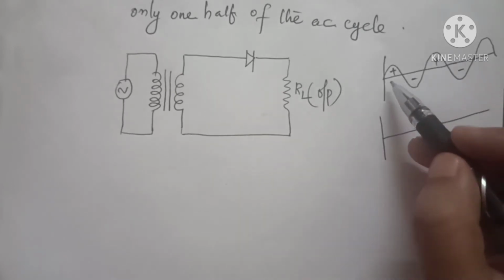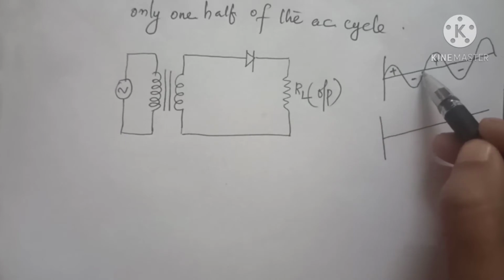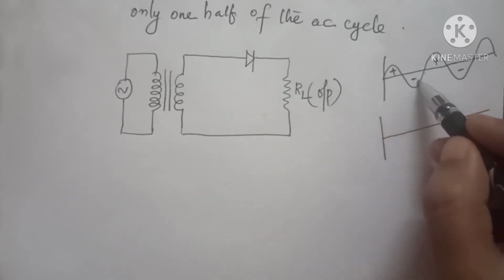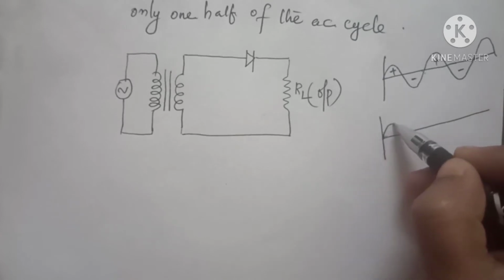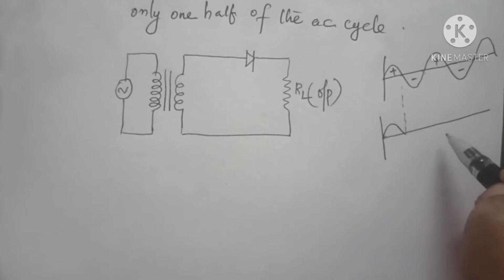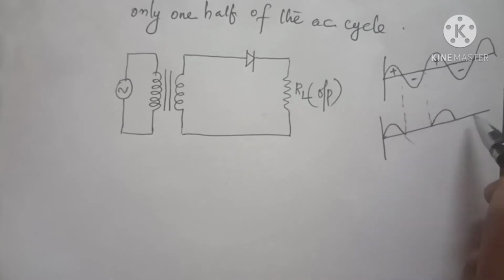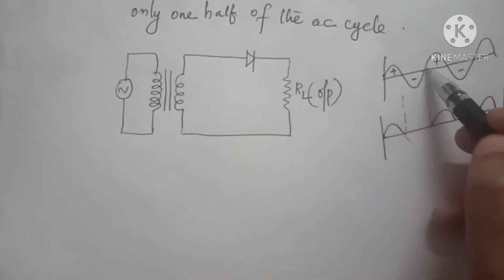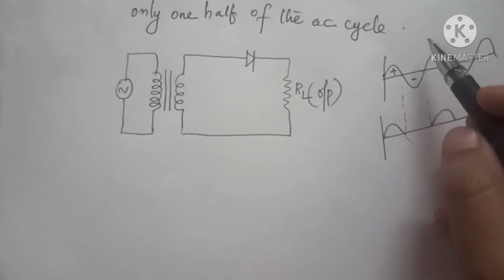And here what we are doing is we are converting this AC to DC, and in half wave rectifier, if this is one cycle, only half of this cycle is rectified. Understood? Half of the cycle is rectified. This portion we are not getting. Again here we are getting this half. So in this way we are getting the output for a half wave rectifier. Understood? Only one half of the AC cycle is rectified.